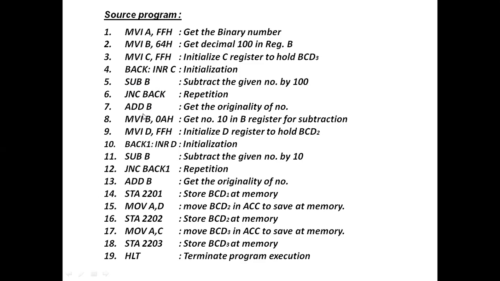Whenever we are converting a BCD number into a binary number, we are multiplying the individual digit by 10. In this case, we are going to divide the individual number by 100 or by 10. While doing the BCD to binary operation, we have to do multiplication, so we are doing successive addition. But in the case of binary to BCD, instead of multiplication, we have to do division. Instead of doing division, we are doing successive subtraction. So in this way, the program for the binary number to BCD.